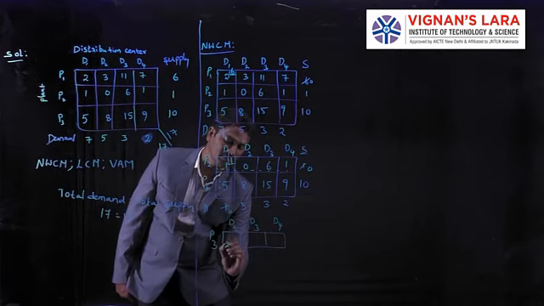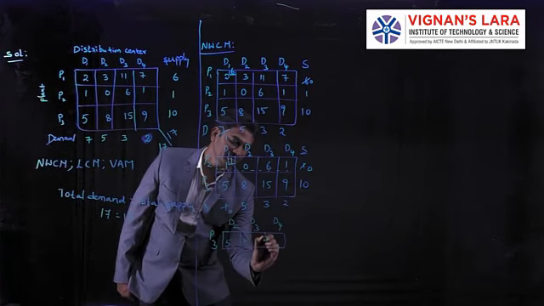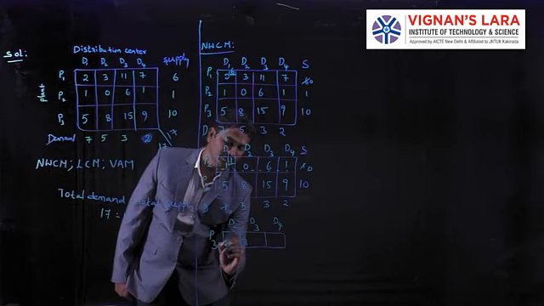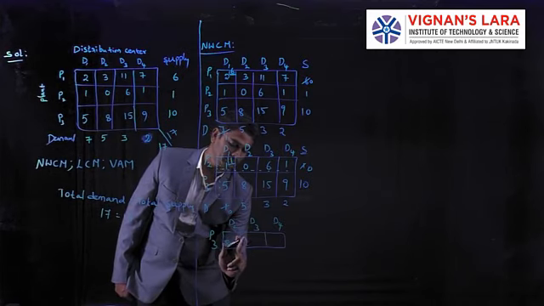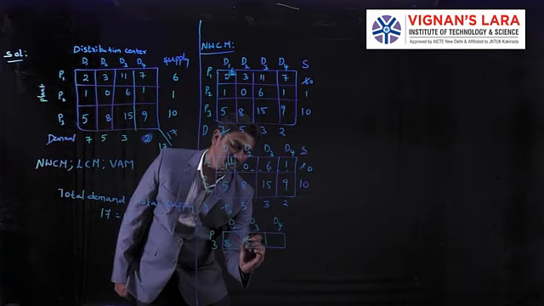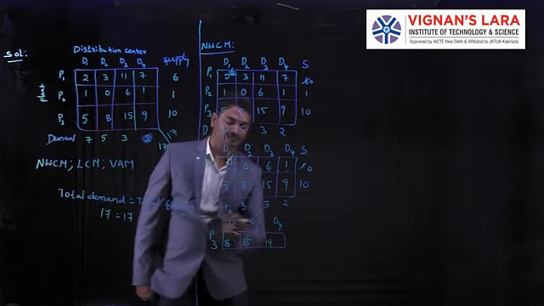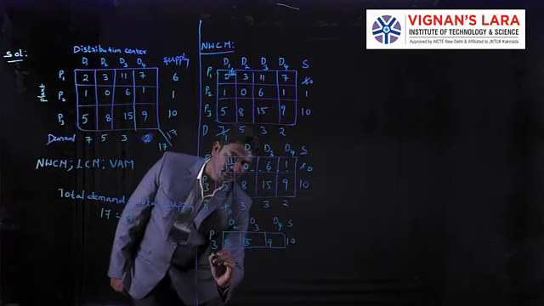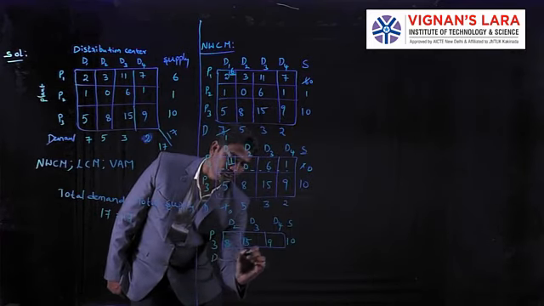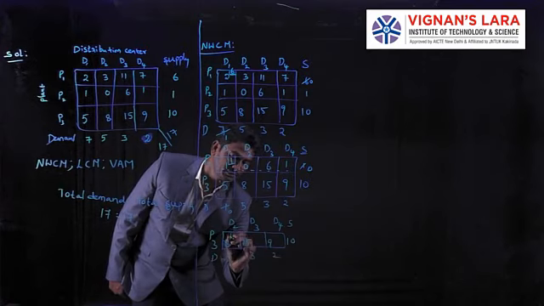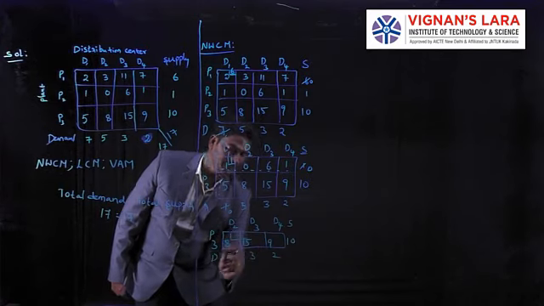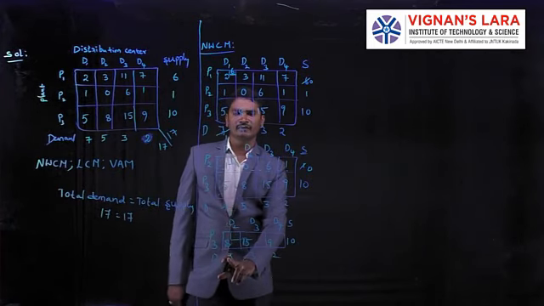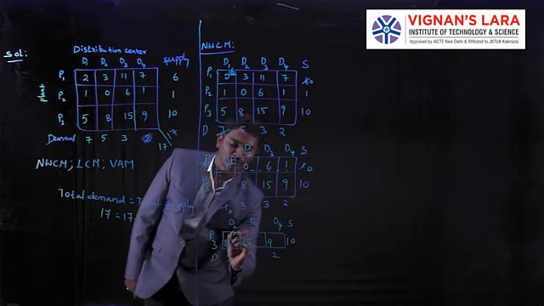Here the values are 5 units, 8 rupees, 8 rupees, 15 rupees, 9 rupees. Okay, and here the supply is 10 units is there, 10 million liters, and demand is 5, 3, 2. Again I am going to take the northwest corner, top corner. Here 5 units of demand is there, 10 units of supply is there. From this we are going to take minimum value. It means demand we have taken. We are going to allocate 5 units.